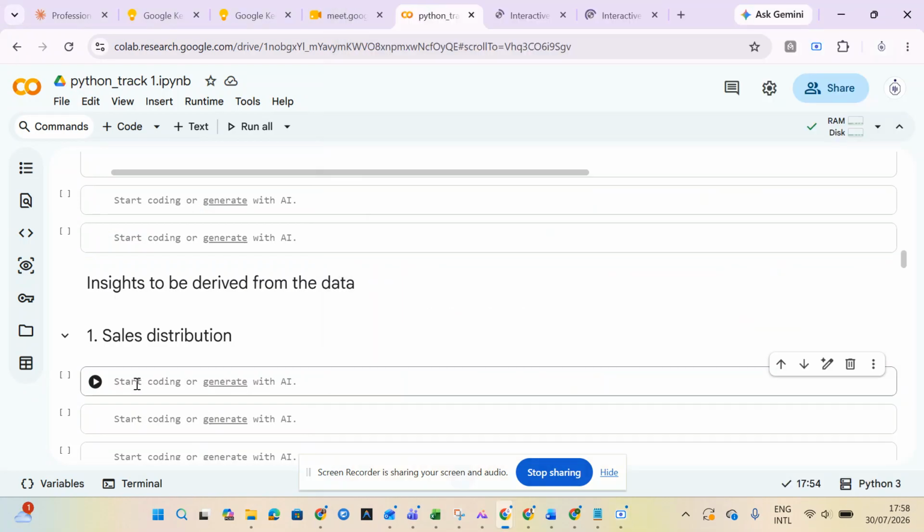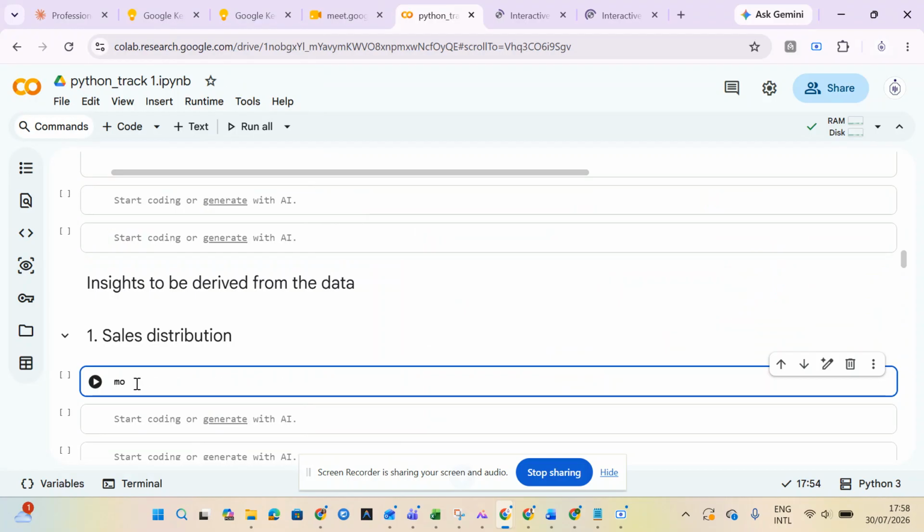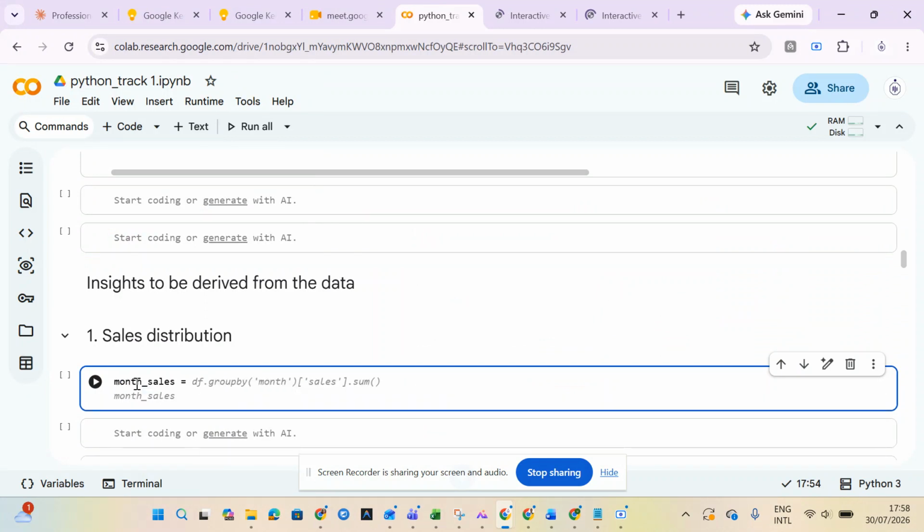So just going to do that. And how do you arrange them into a simple table? You can call it month sales, which is going to be df dot